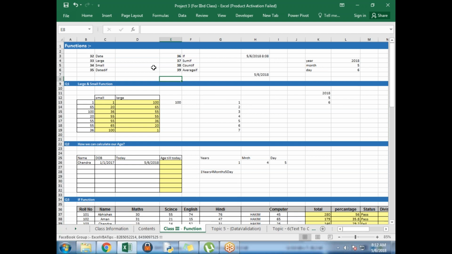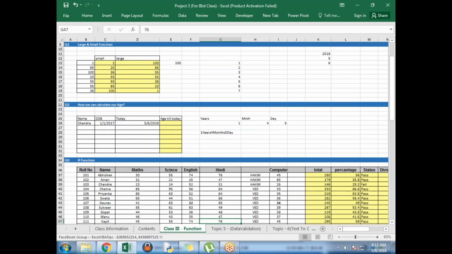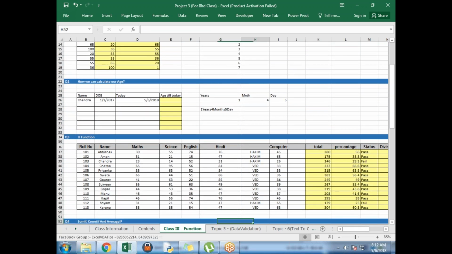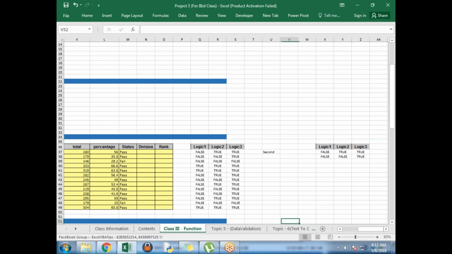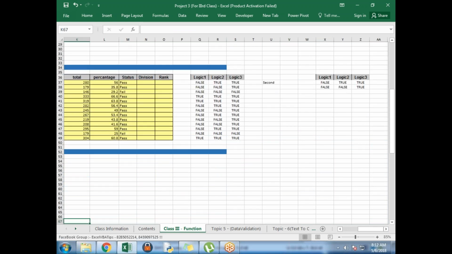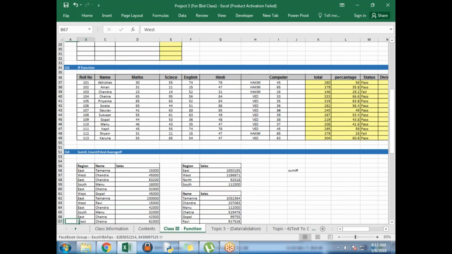Large and small functions we have done. Then we covered how we can find the age till date. After that, we found the percentage marks, and I figured out the IF analysis, which accounts for true and false. And after that, we covered how we can use the